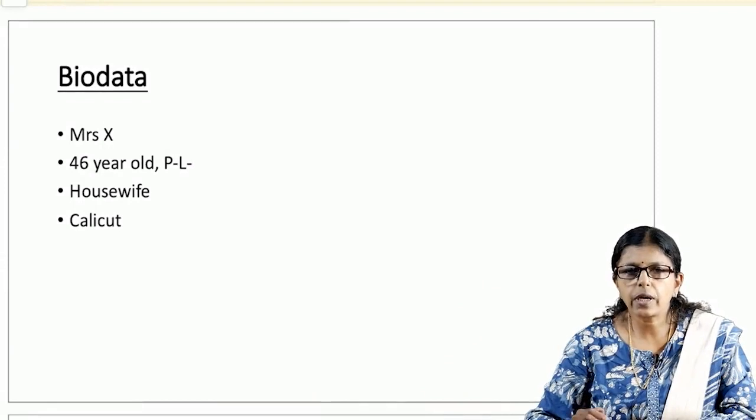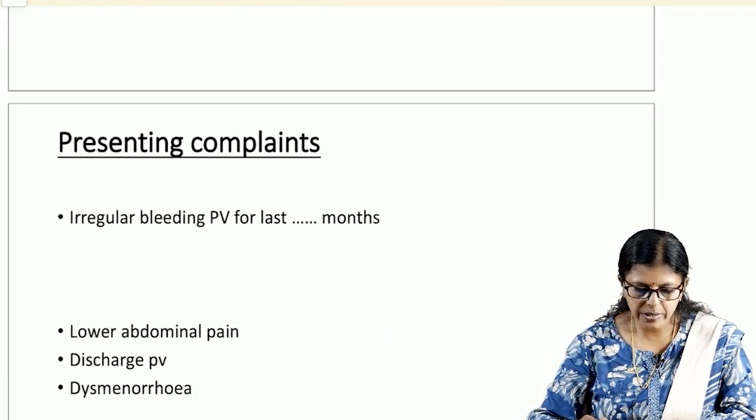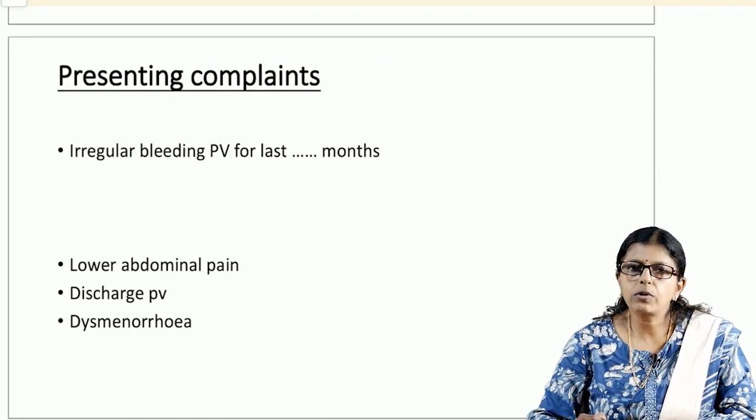So with this basic background of what AUB is and how we classify it, let's see how we would present a case in the exam. As usual, when you start with a case, you will be telling the name of the patient, the age, whether she is working, housewife, and her address, the socio-economic status, and then we will move on to the presenting